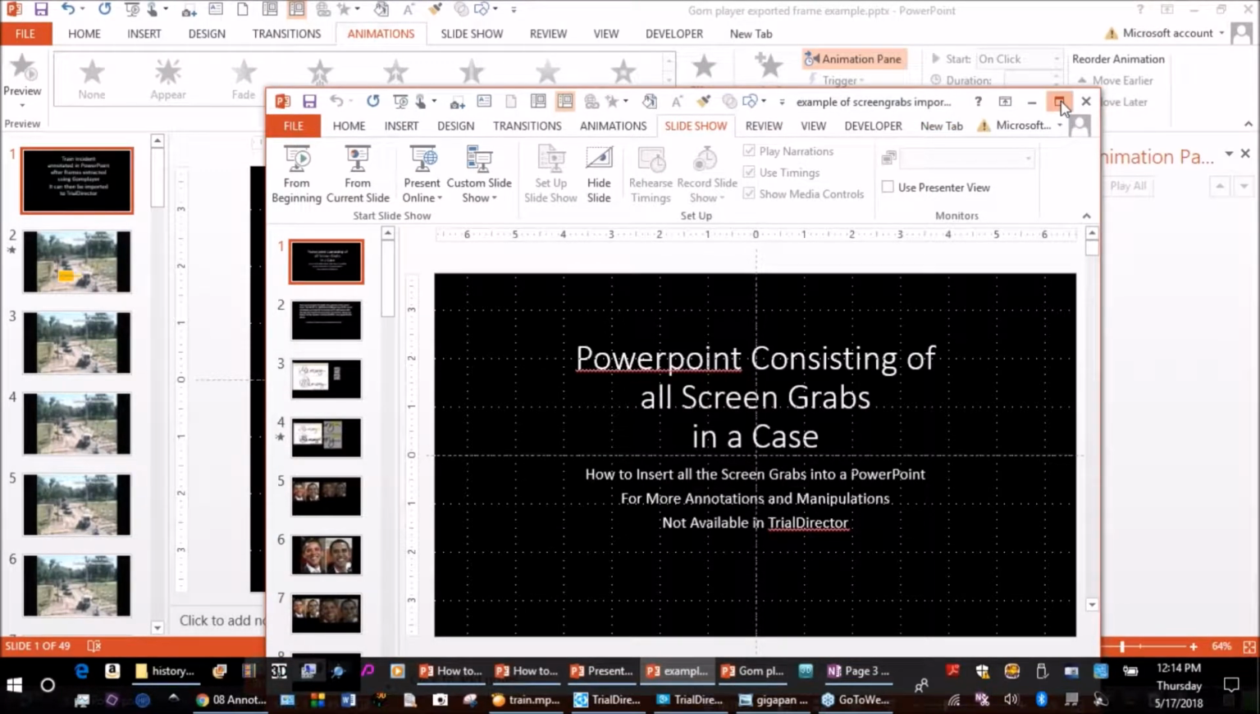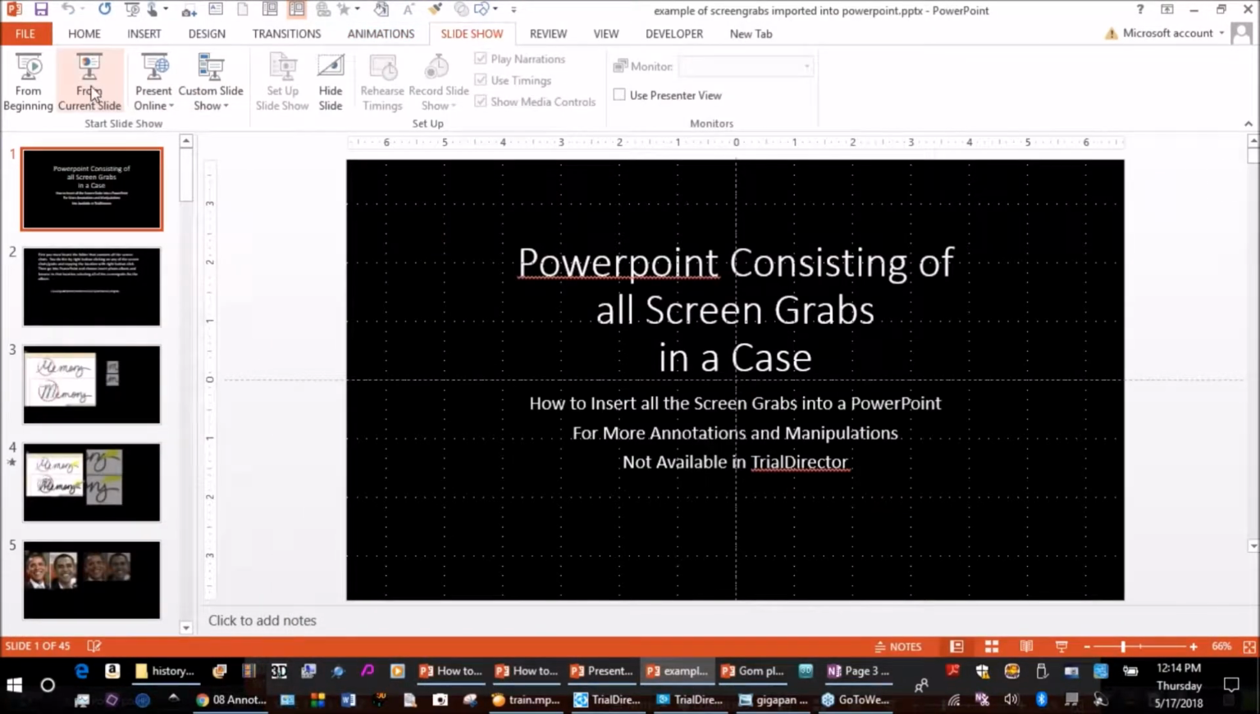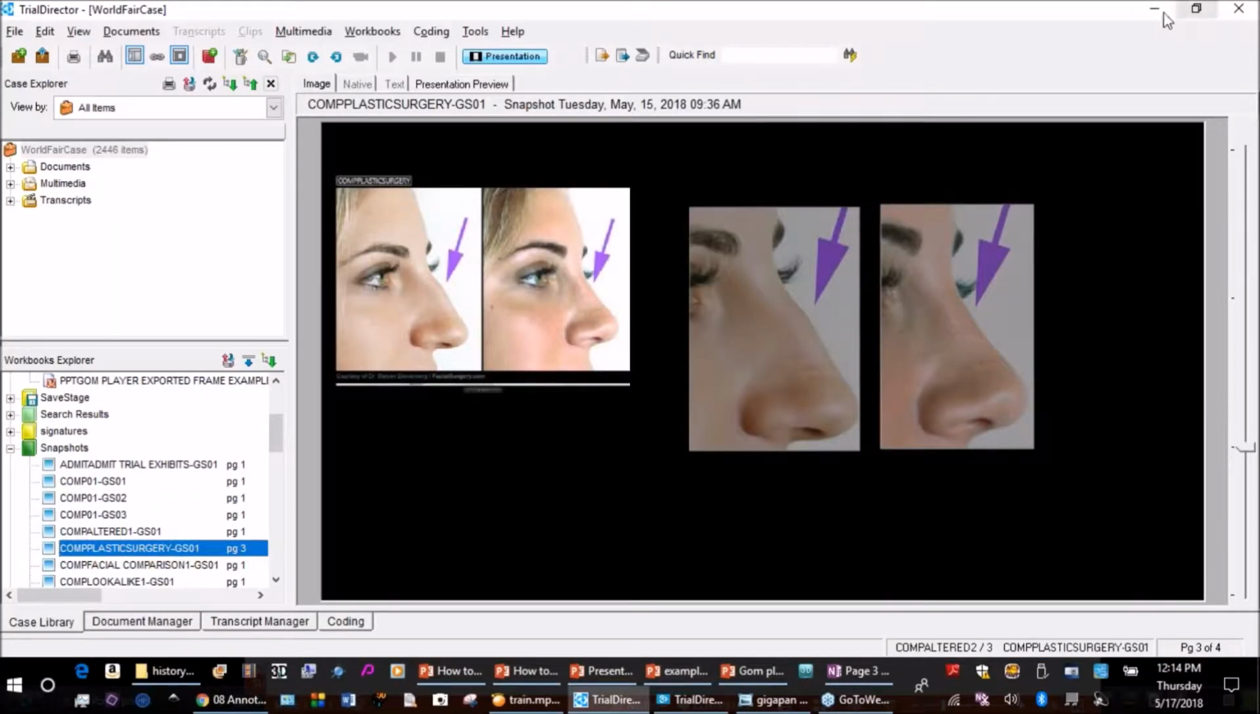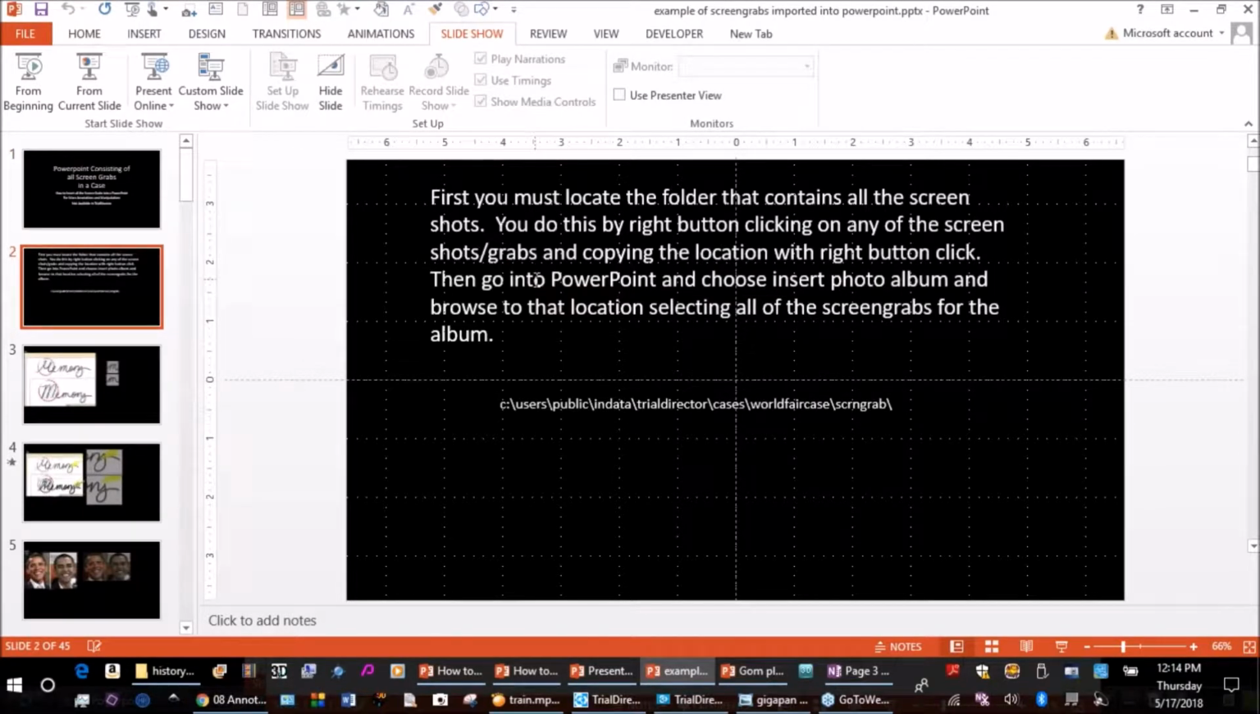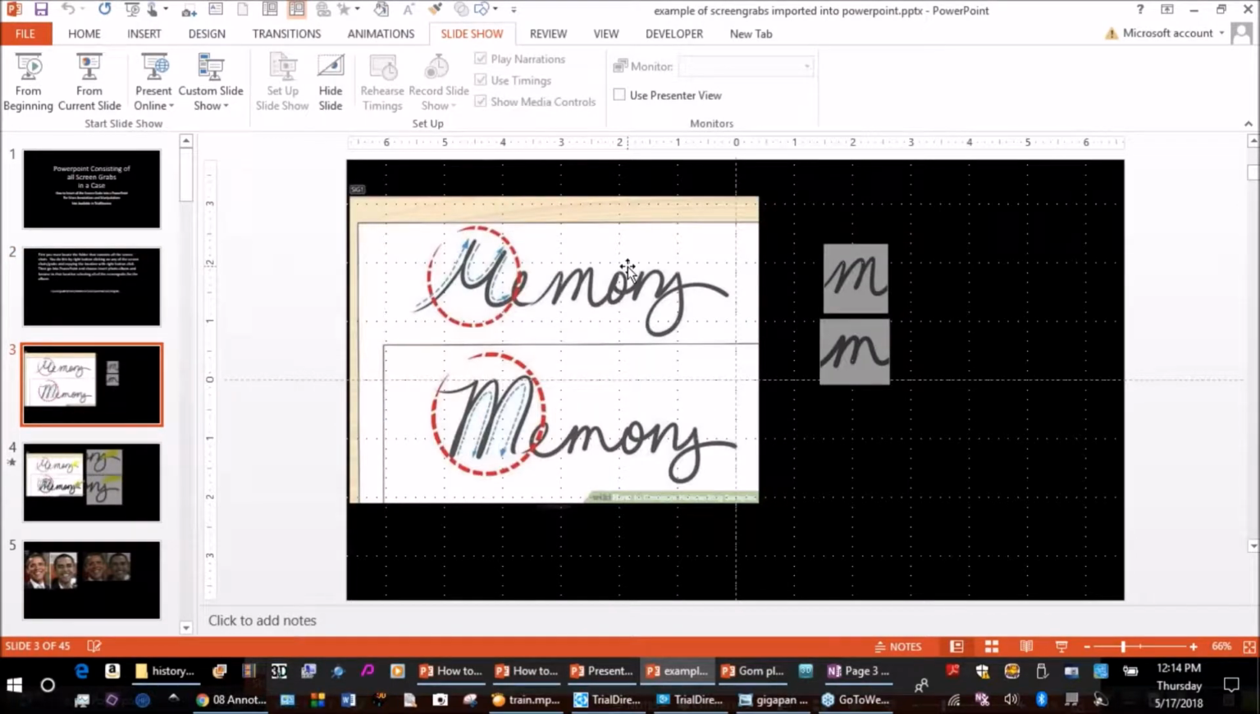And go ahead and present this slideshow. I'm going to minimize the, try that again. So anyway, this is what the slideshow would look like. I have brought all these snaps in here,